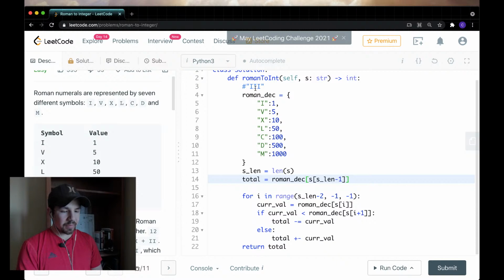So we have this value already added in there, right? So we're going to be starting here with this value I. And we're going to be going backwards, right? So the current value is going to be 1. Current is not less than